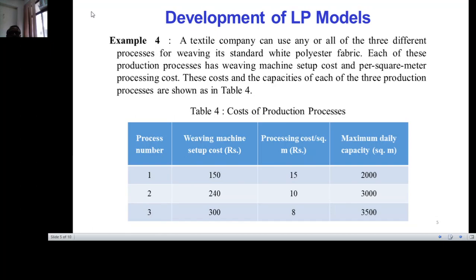So, we say let X1 be the quantity to be produced by process number 1, X2 be the quantity for process number 2, and X3 be the quantity to be produced by process number 3. So, the total cost of production will be 15x1 plus 10x2 plus 8x3,